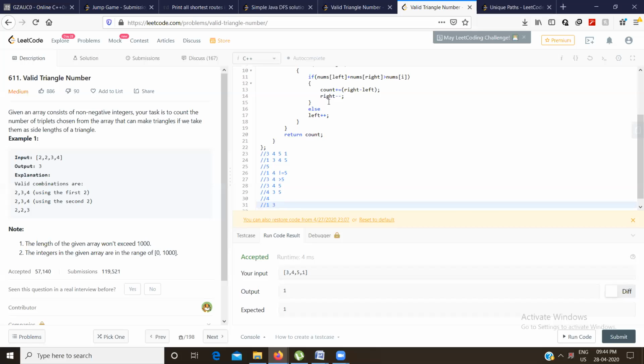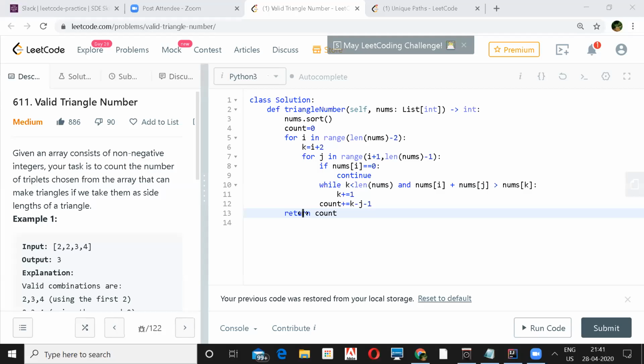What condition could we change if they want to count how many right triangles there are? Right triangle. Gradient, I think. You have to take care of the gradient in that case, right? Or calculate the distance of two lines and check if the slope is -1. Or you follow a square plus b square equal to c square.